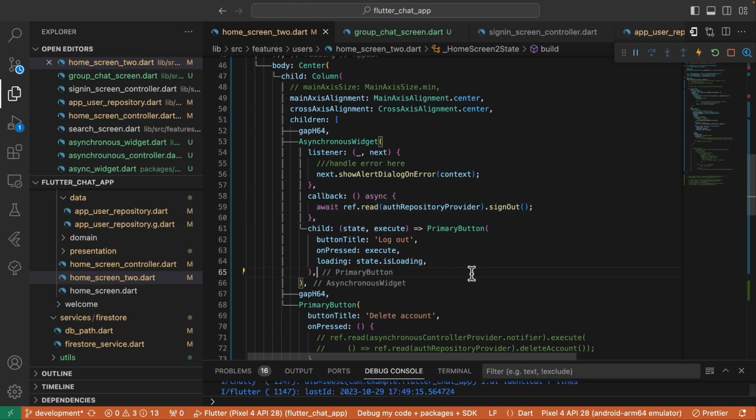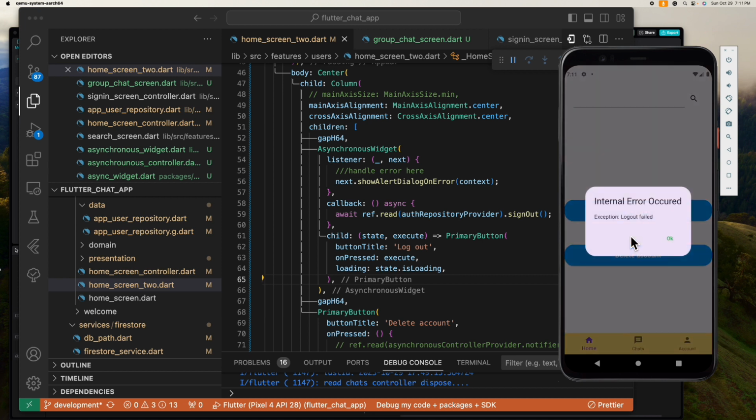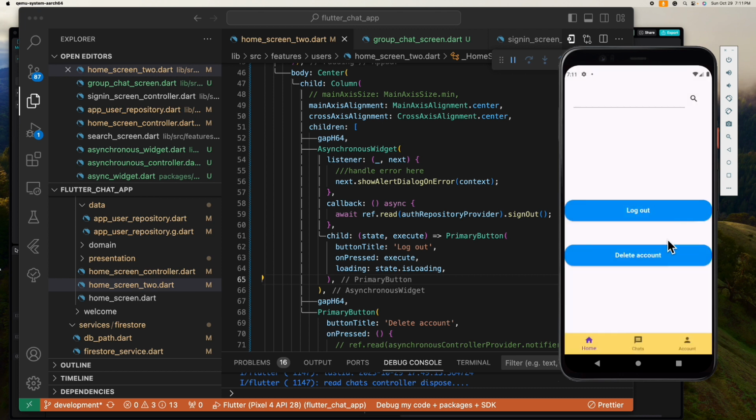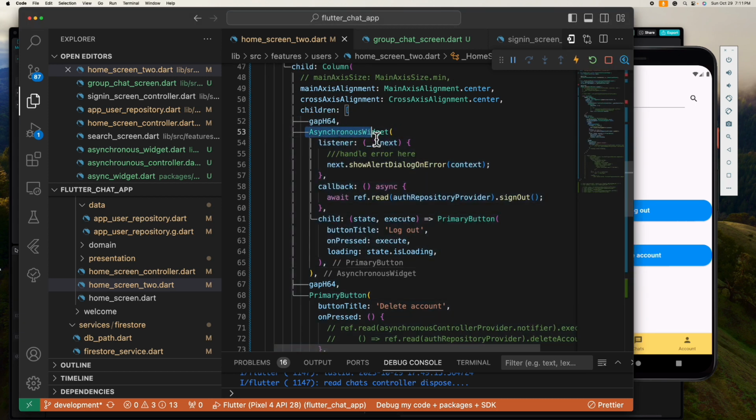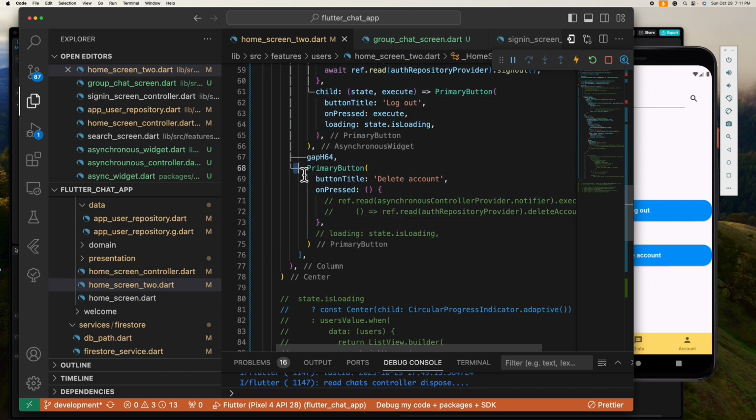Okay, there you go. Let's try this out. Okay, it's now working. As you can see, it's now working as expected. However, if you also want to use this widget in the delete account button,